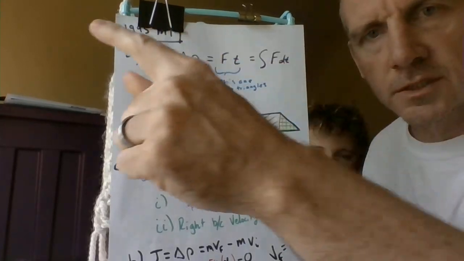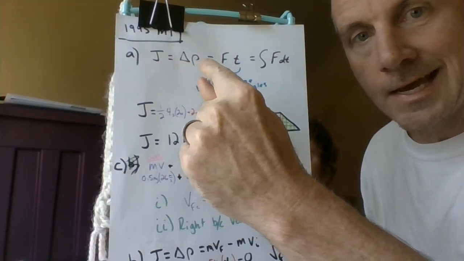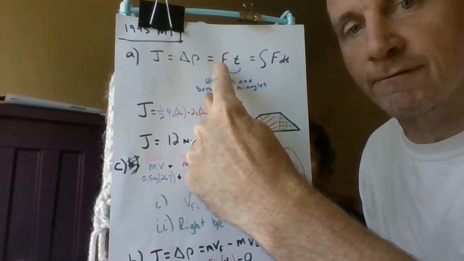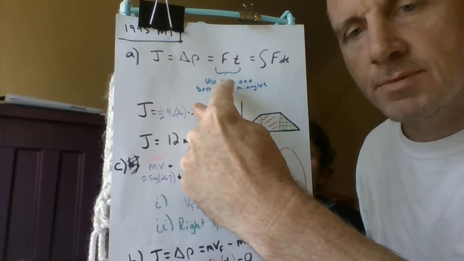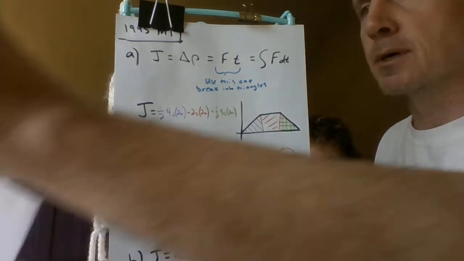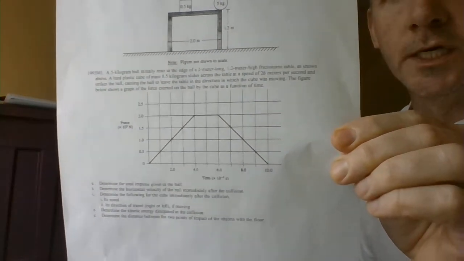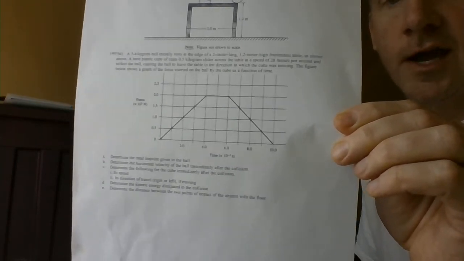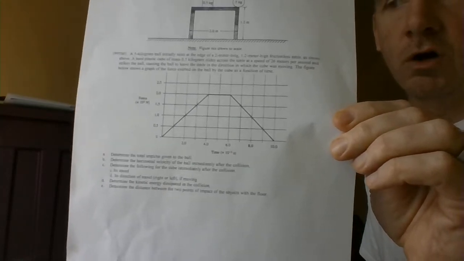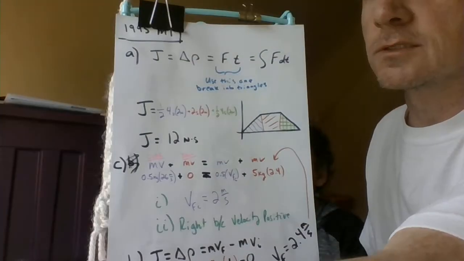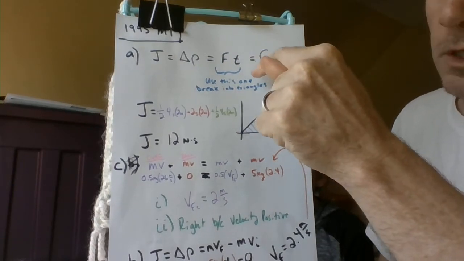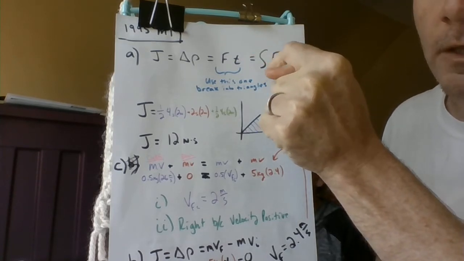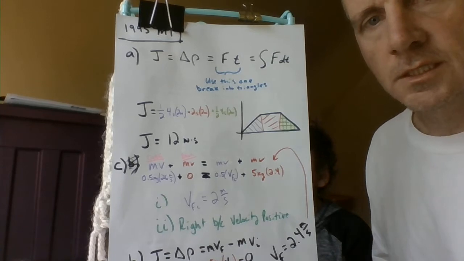Impulse is just change in momentum. We can also say that that's just force times time. Well, that is the case when it's a constant force over some time interval. But is this a constant force over some time interval? No, we don't have a horizontal line of a constant force. We don't even have a triangle to make it easy. We have a trapezoid. But still the same idea holds true. If we want to take the integral, we're summing up all those forces times a little bit of time, or we can say area under the curve, same thing. So if we just look at that area